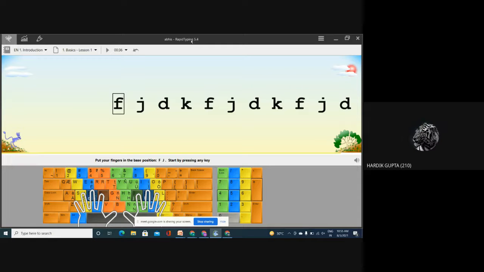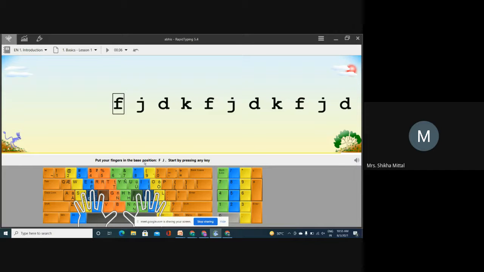Yes, ma'am. Now see, this is a student statistics. Toolbar. This is a status bar which shows the current status. Put your finger in the base position FJ.